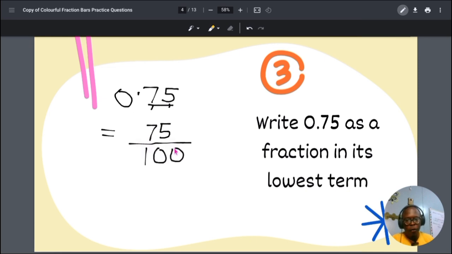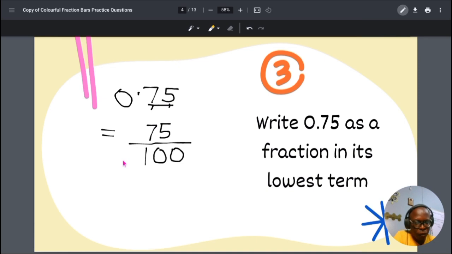2 zeros for 2 decimal places. If it is just 1 decimal place, it's going to be 10. If it is 3 decimal places, it's going to be 1000 right under here. Okay, so we have succeeded in changing this decimal to a fraction, but that is not where we would stop,